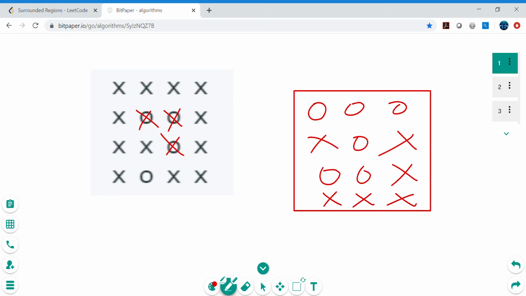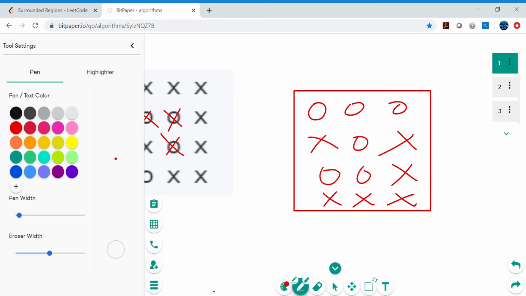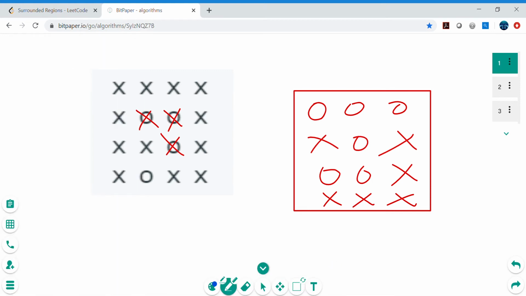What should be the output in this case? If I try to flip this O, is it correct? I think it's not correct, because it's connected to this border, and also connected to this O, which is further connected to the border. So in this particular example the output would be the same.